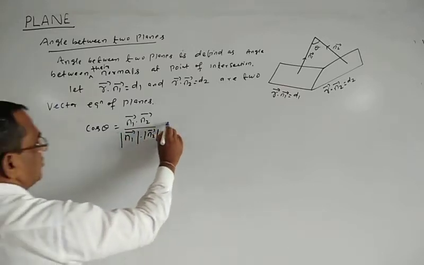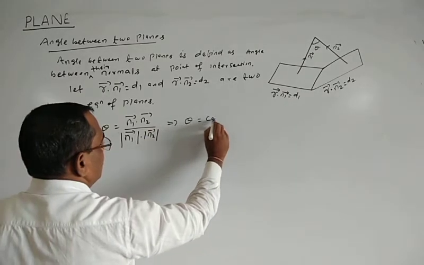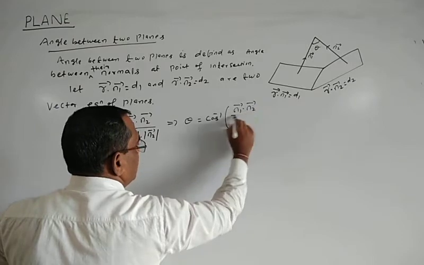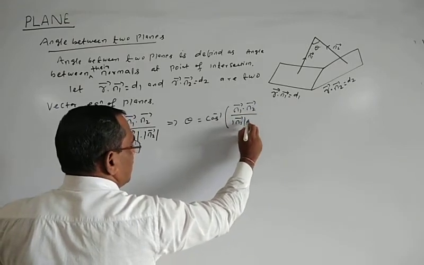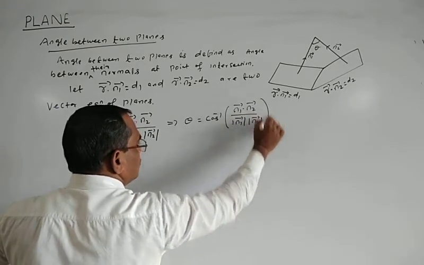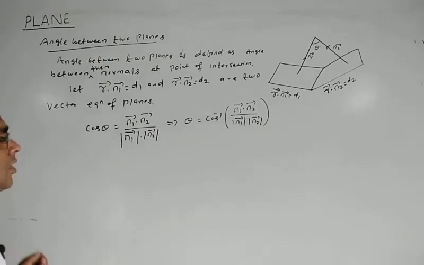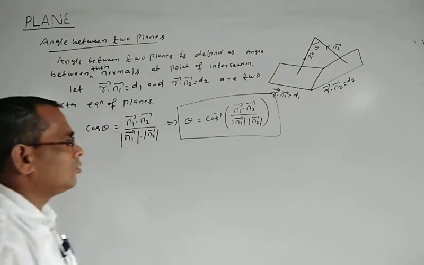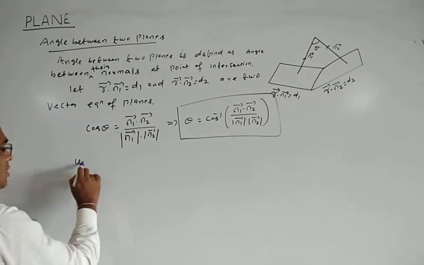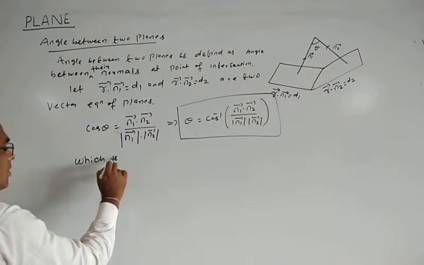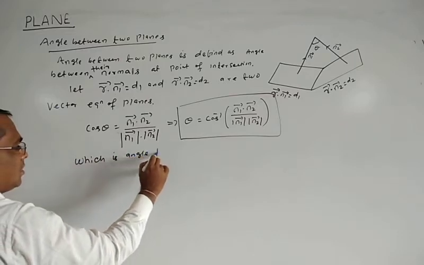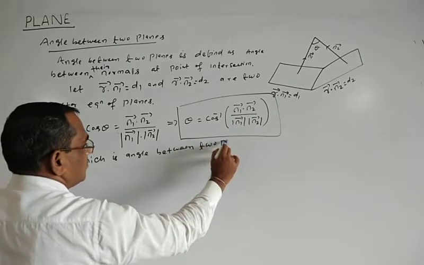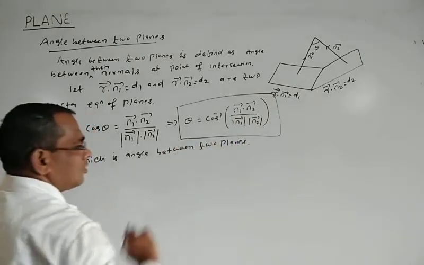That implies theta is equal to cos inverse of n1 vector dot n2 vector by n1 vector magnitude into n2 vector magnitude, and this is known as the angle between two planes. Okay,